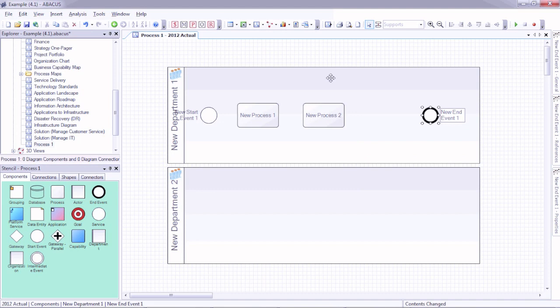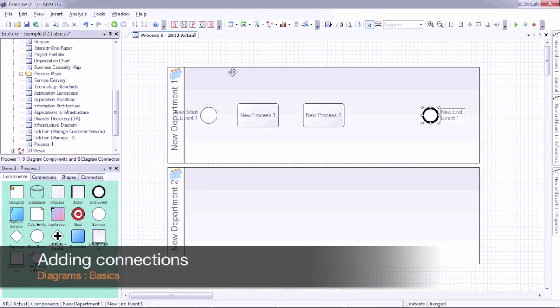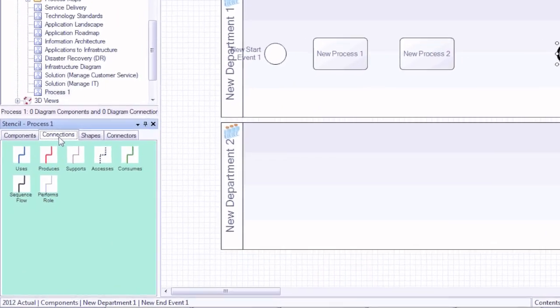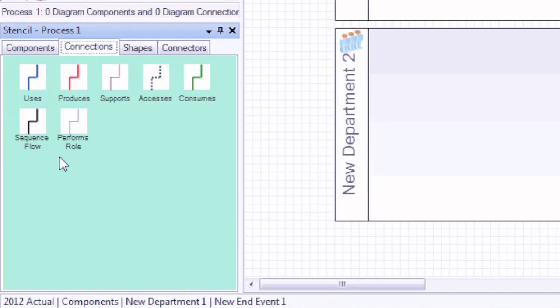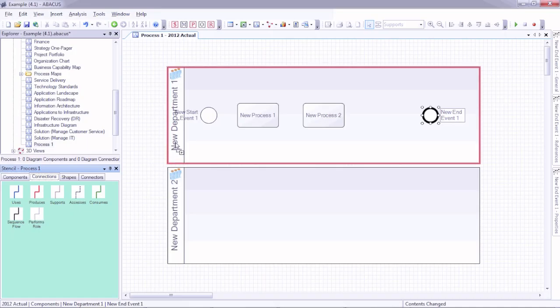So that's how you add processes and end events and start events, or in general, components to diagrams in ABACUS. To add new connections or relationships to diagrams in ABACUS, there are two main techniques. We can go to the Connections tab here in the stencil window and then simply drag and drop. So let's take the sequence flow here, and as we hover the cursor over the different elements, we can see